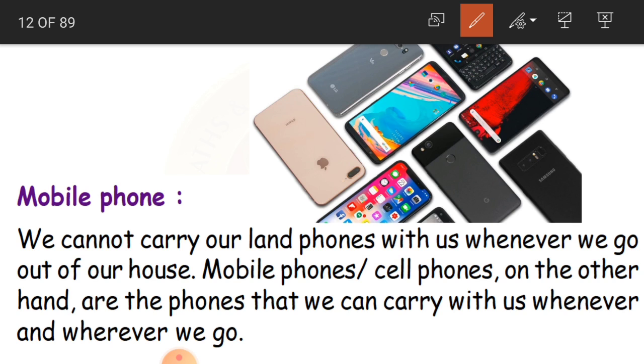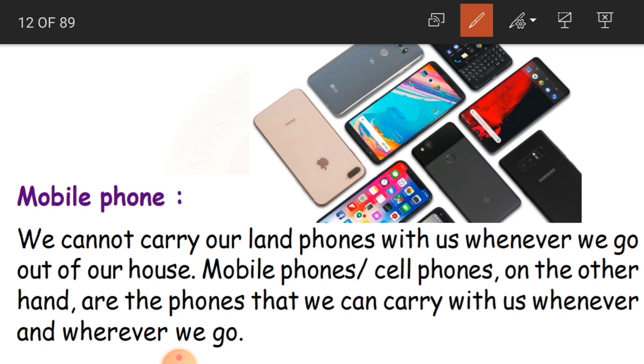One big advantage of the mobile phone is that you can carry it along with you wherever you go. In these modern days, these phones have a big demand.